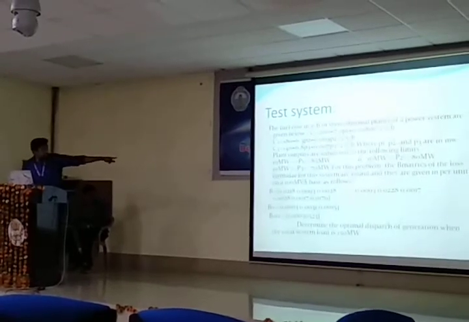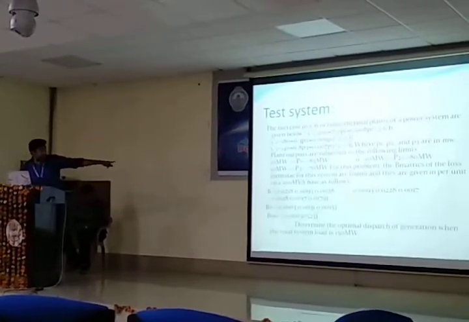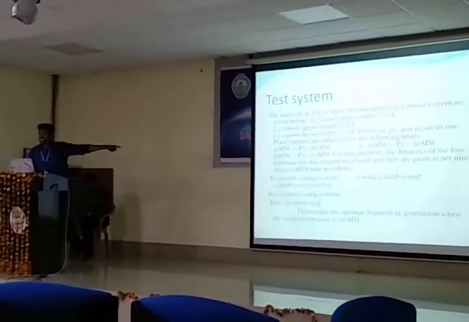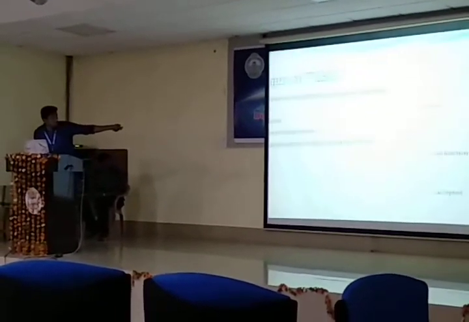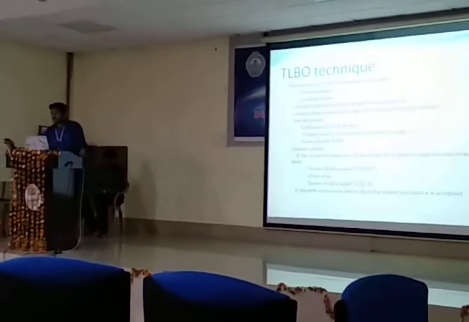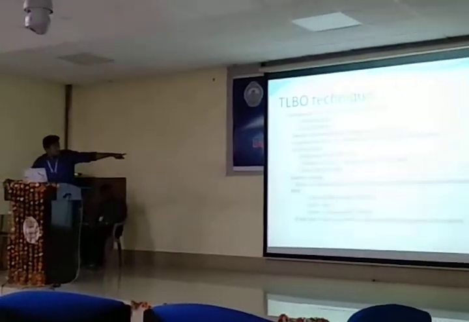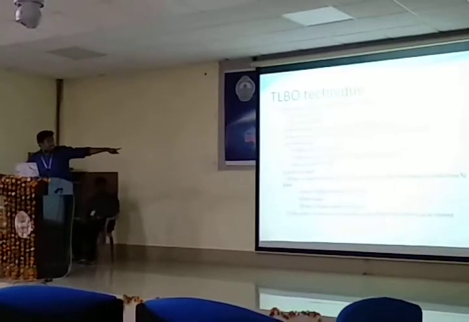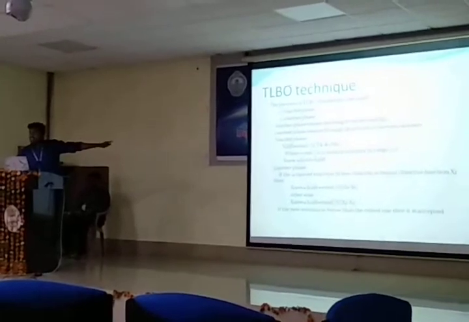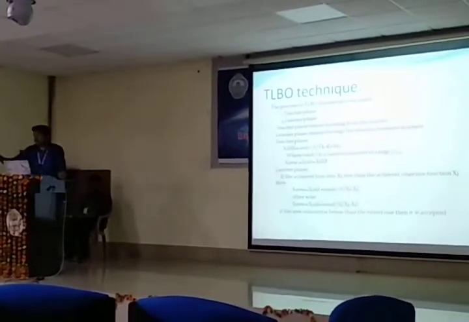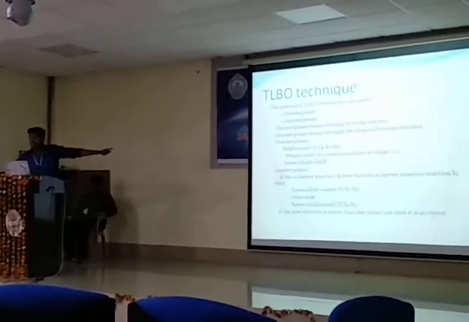Here I have given the limits of the power plants: for P1, 10 megawatts to 85 megawatts, for P2, 10 megawatts to 80 megawatts, and for P3, 10 megawatts to 70 megawatts. You consider random solutions and give the iteration number. First you take some random values and calculate the first iteration. In that we calculate the difference mean, where m of x is the mean value and tf is the teacher function. We calculate the x difference, which is the difference of knowledge between the students. We have to update this knowledge, so we add it to the old value. Now the x new value is the result of the first phase.